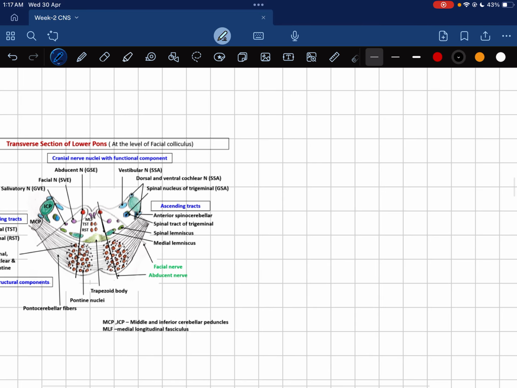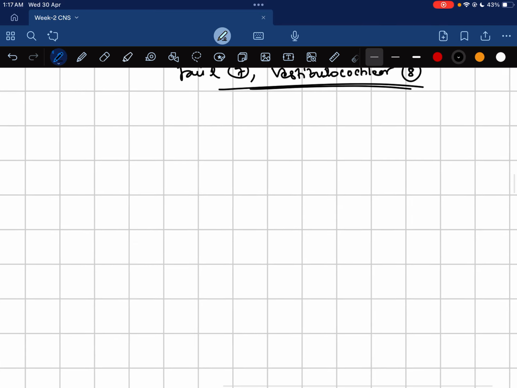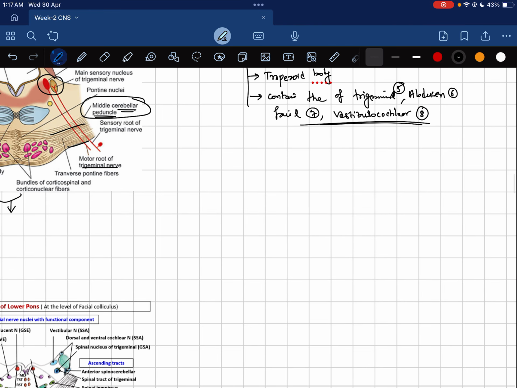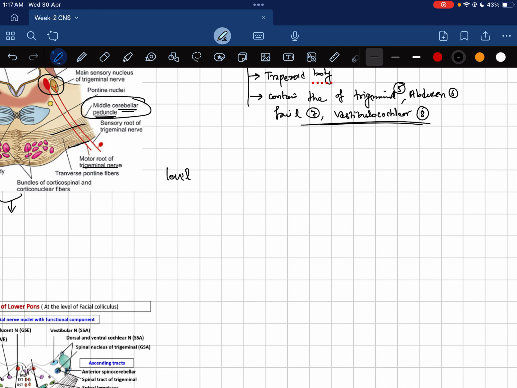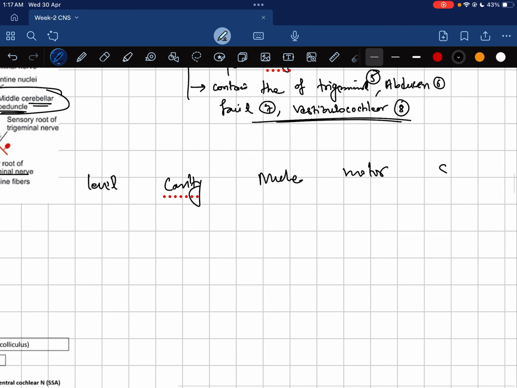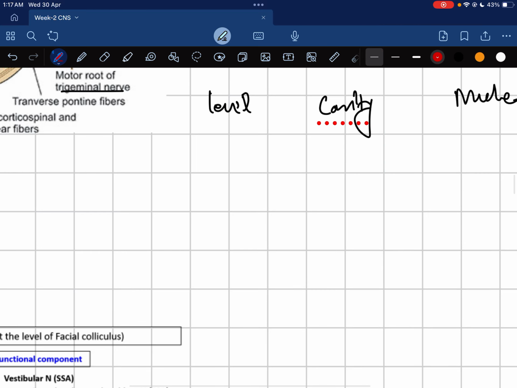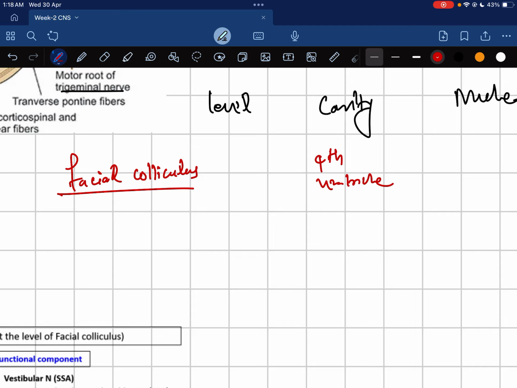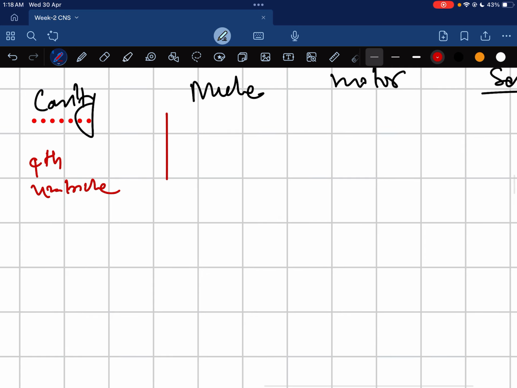First, we can classify by level, then cavity, then nuclei, then motor tract, then sensory tract. At which level is this presented? First we discuss the facial colliculus level. At this level there is the fourth ventricle, and when we look for nuclei, there are many nuclei, like